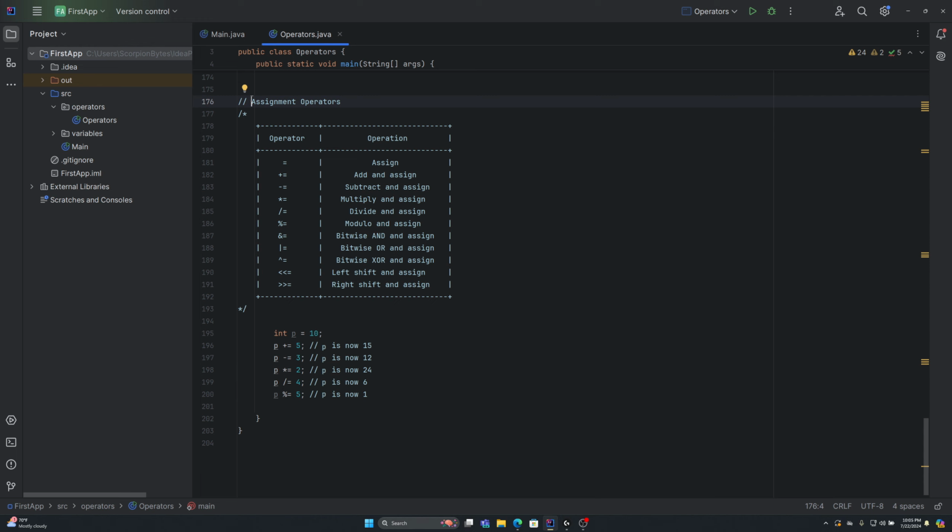Alright, so finally, let's have a look at assignment operators. As the name suggests, assignment operators are used to assign a value to a variable. The most used one is the assign operator, which we already used multiple times. But there are also some composed assignment operators that first perform an arithmetic operation and then assign the resulting value